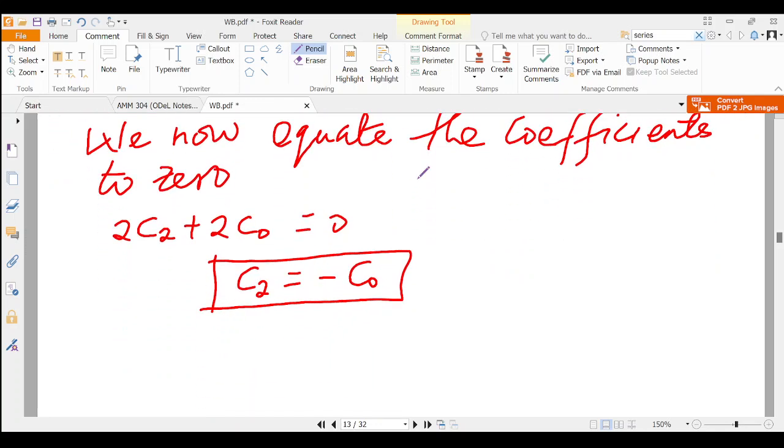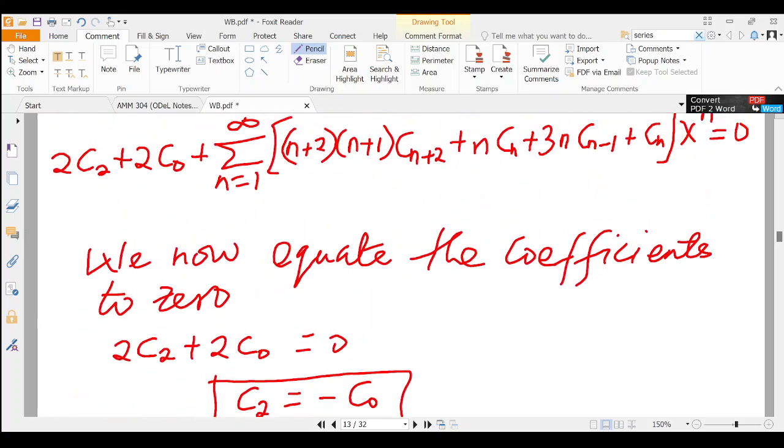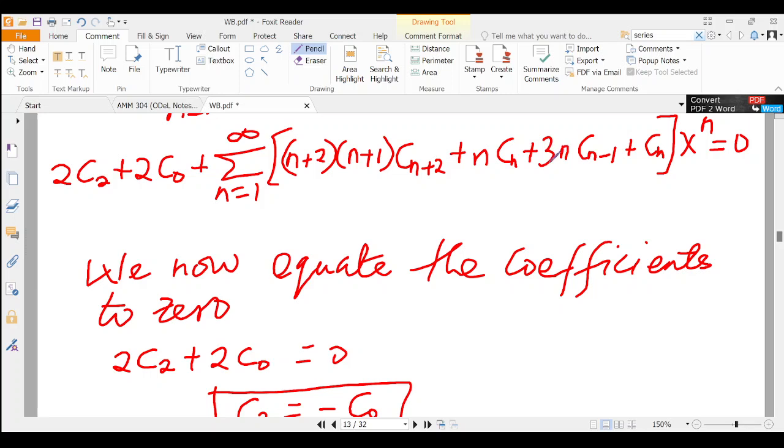So we have n plus 2 multiplying n plus 1 c_{n+2} plus we have here 3